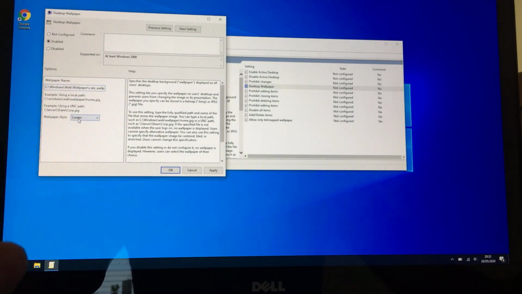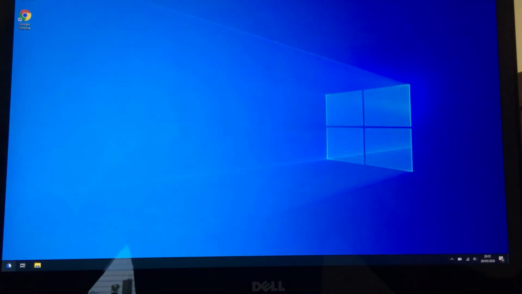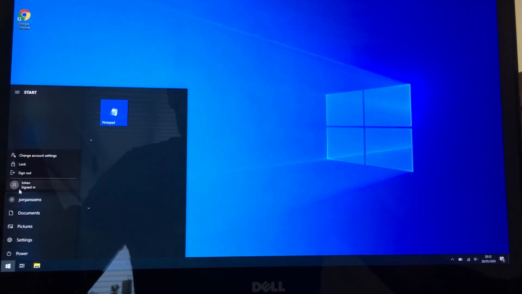And we set it to center. You can choose fill, fit, span, stretch, tile, but center is good enough. So I'm gonna click OK. It's now enabled. But as you can see, nothing has really changed yet. But if I sign out,